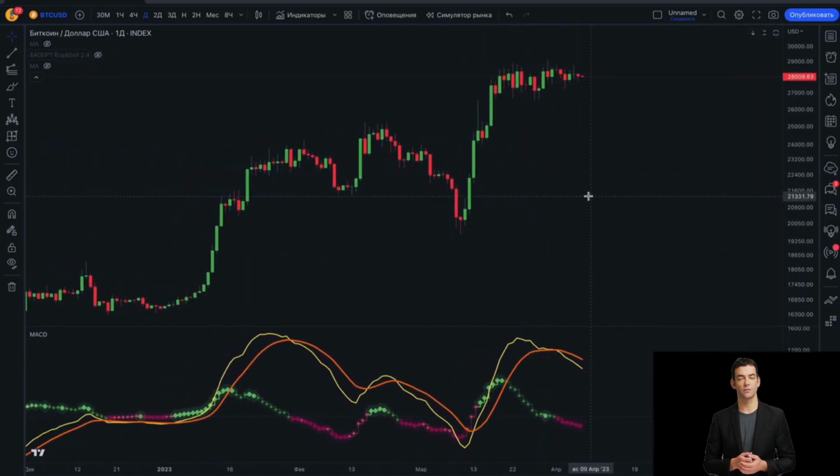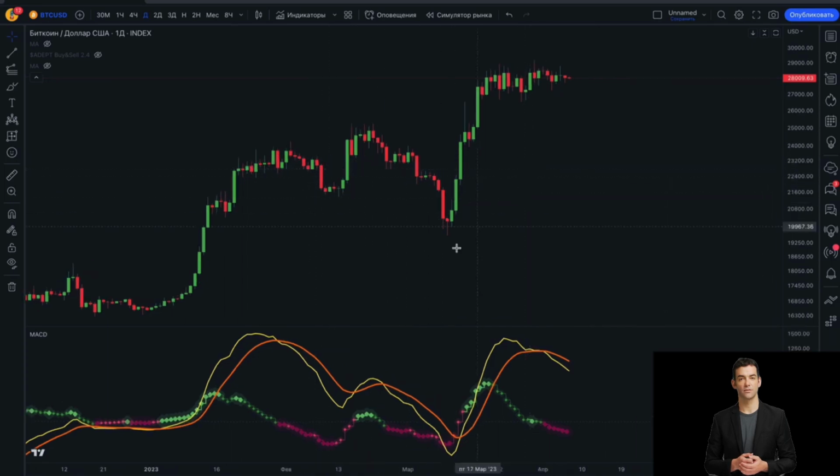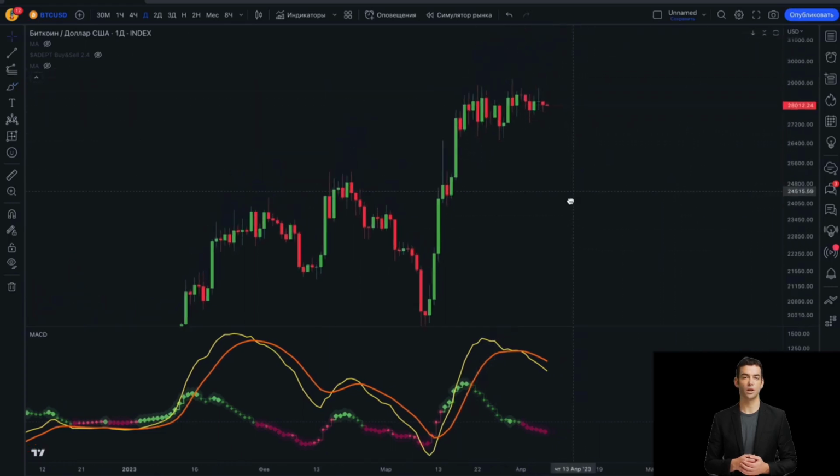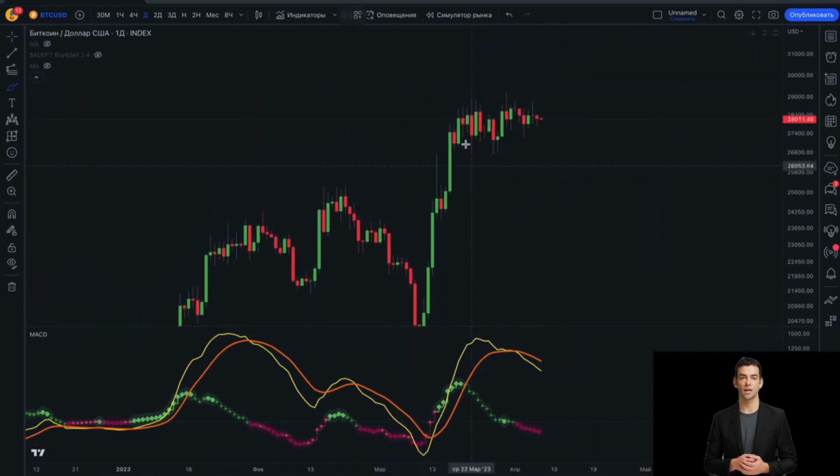At the bottom we have the MACD, and you can see that we have been flat for quite a long time, in a sort of sideways position, around 27,500 to 28,500. And this has been going on since March 18th. At the beginning, the movements were not so volatile. Further on they increased, you could see it. Yes, the highs increased, and after that we had the opposite, a decrease. It is the same with the lower price limits.